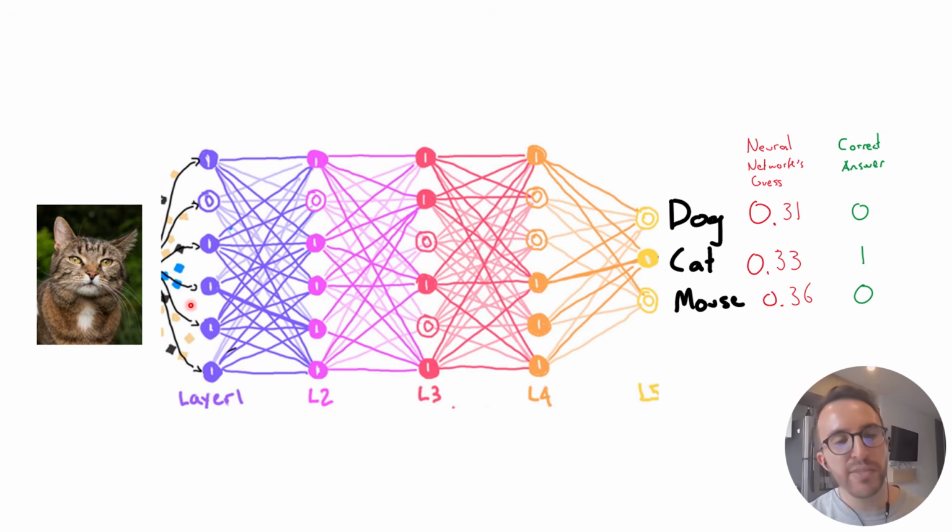But by this repetitive process of updating all these weights, the weights encode this knowledge, and by the end of it, you can input into this neural network an image of a dog that wasn't in the training set, so a new dog, but the weights will have seen so many dogs and learned to extract details or features about that dog, such that the network will now see a new dog that it's never seen before and correctly output a prediction that will maybe say 98% sure it's a dog, 1% sure it's a cat, 1% sure it's a mouse.